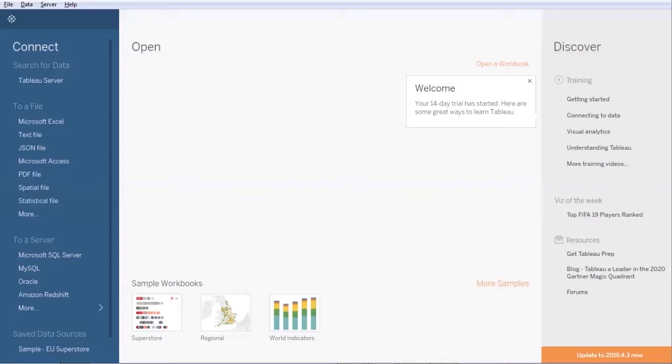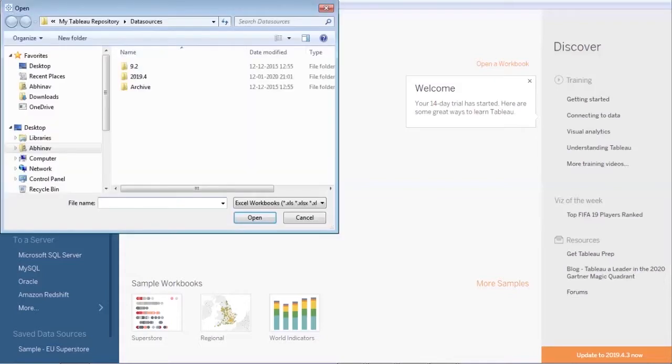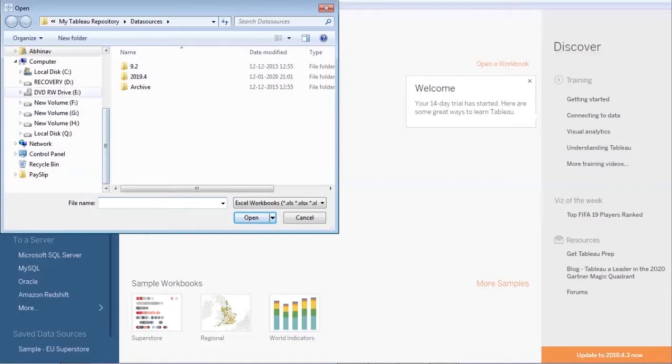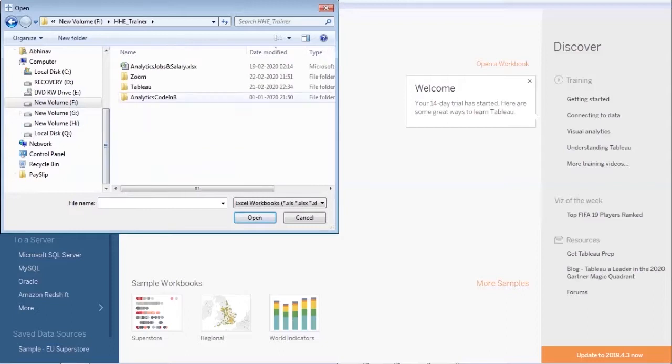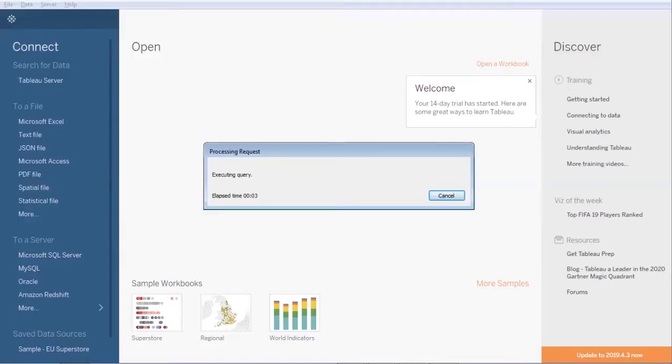So this is my Tableau Desktop window. I am going to load an Excel file in it. I'll click on Excel, and on my system I'll add an Excel file. The Excel file which I have talks about the salary range of people who are working in the analytics domain. When I try to connect the Excel, Tableau will try to establish a connection between the Excel we have selected and the Tableau backend. So within a few seconds, it will load the data from Excel into the Tableau workbook.